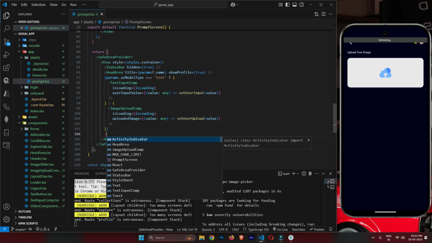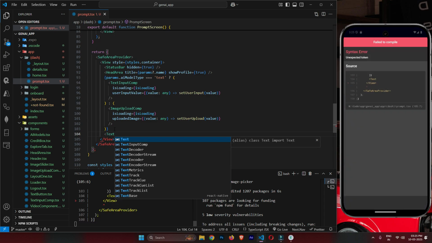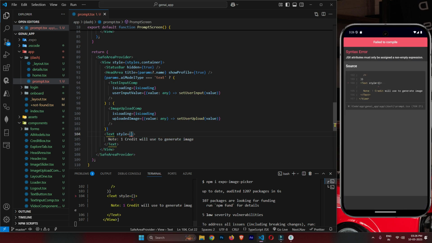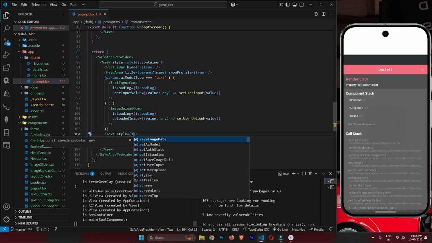So here we can say text, and in this text we can say note one credit generate this image. We can remove this, and here we can say style, and this style should be, oh sorry,